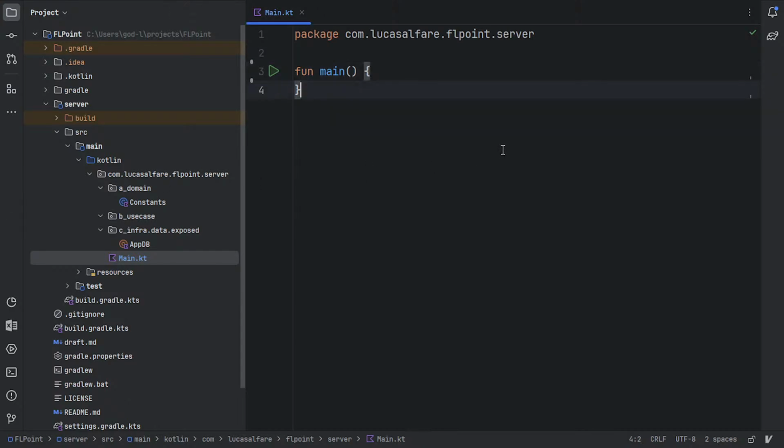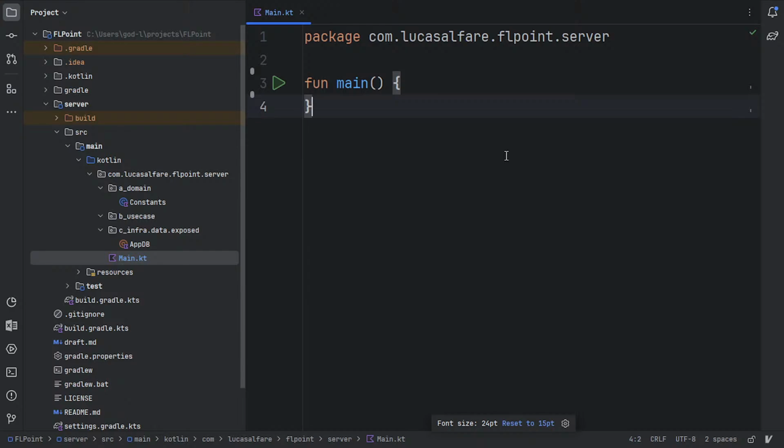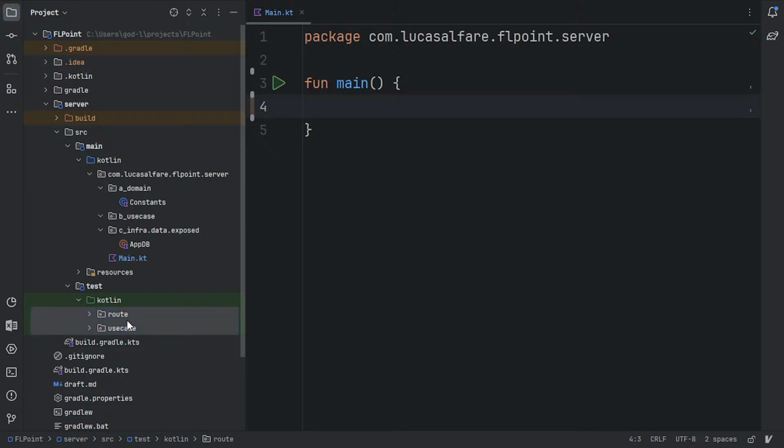nice. So how can we start this project? The first thing we have to know is that we're going to use Ktor. Ktor is basically a web server such as Spring Boot, but Ktor is more declarative and more modern in terms of syntax and design, and we should use it. How can we start it? Just by doing